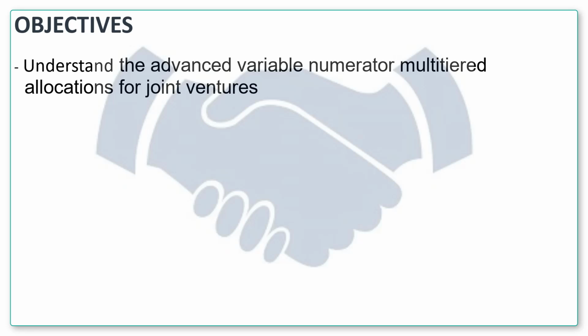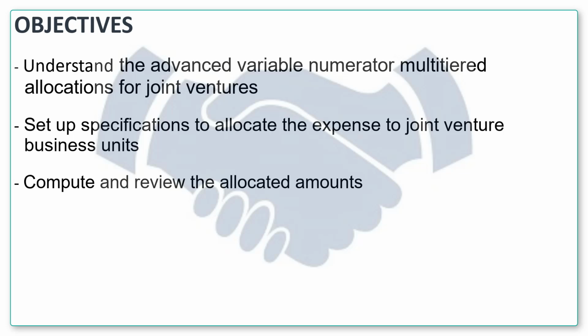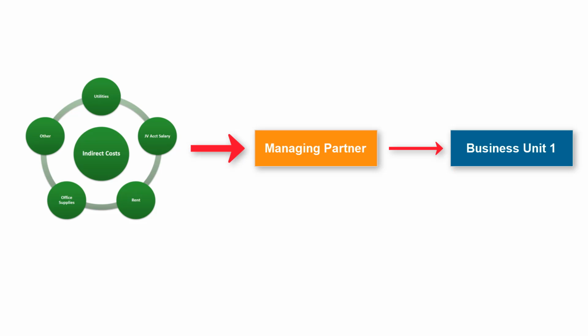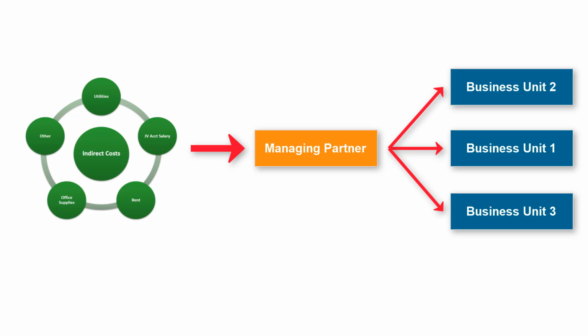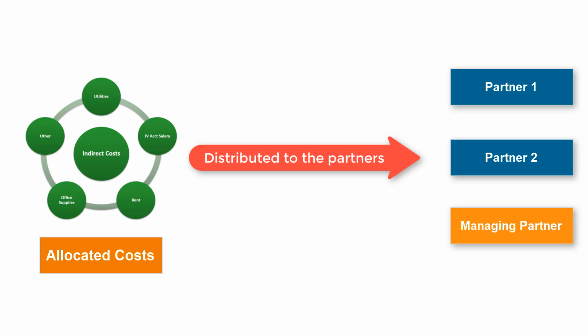The objectives of this tutorial are to understand advanced variable numerator multi-tiered allocations for joint ventures, set up specifications to allocate the expense to joint venture business units, and compute and review the allocated amounts. The indirect costs incurred by the managing partner can be allocated to one or more business units that benefited from the cost. The indirect cost will only be included in the distribution process after the costs are allocated. After the costs are allocated to the business units, the allocated amounts are distributed to the partners, including the managing